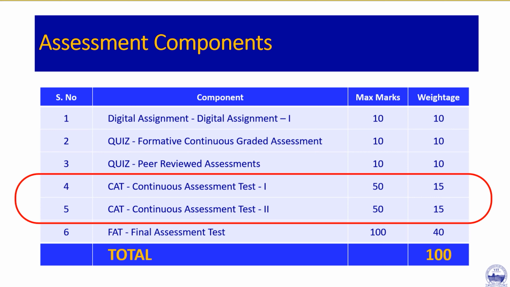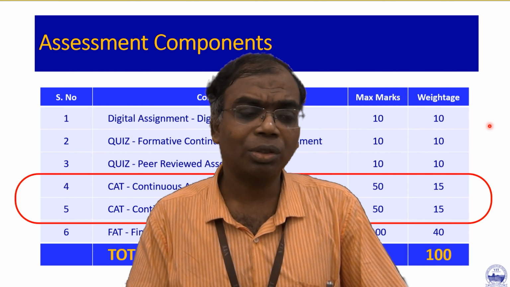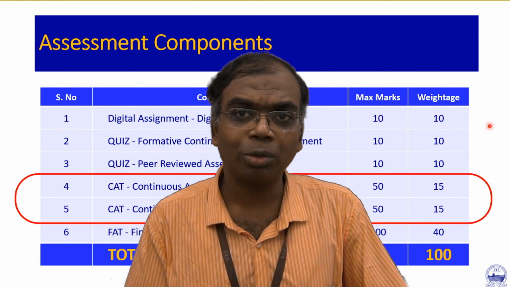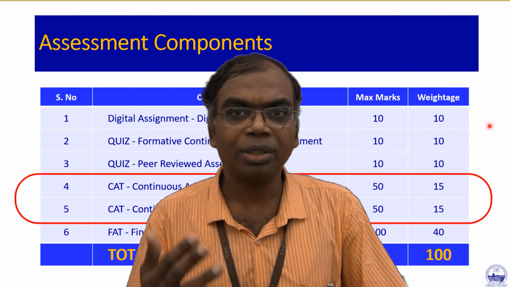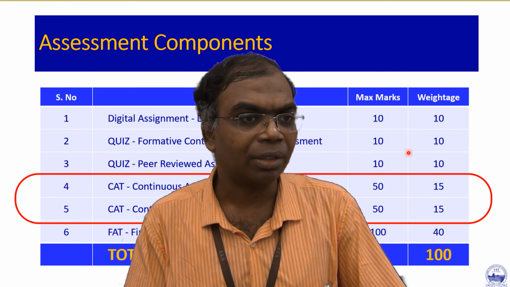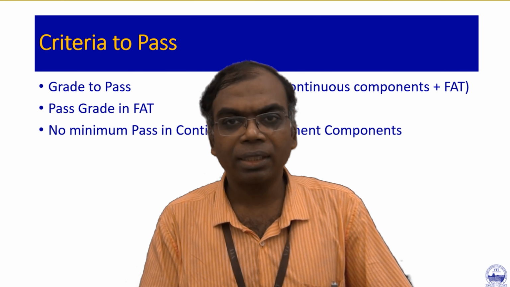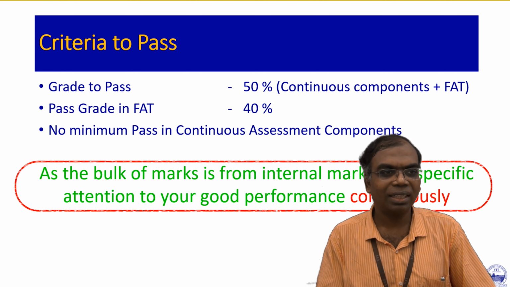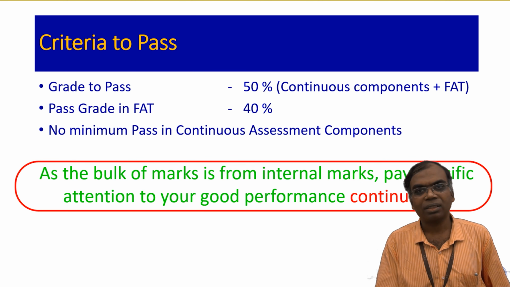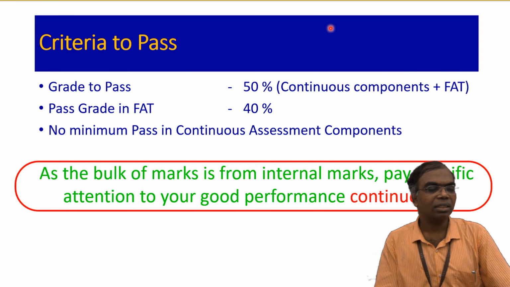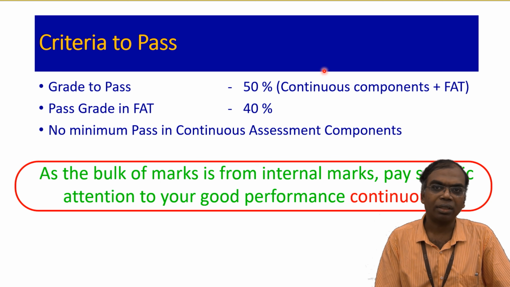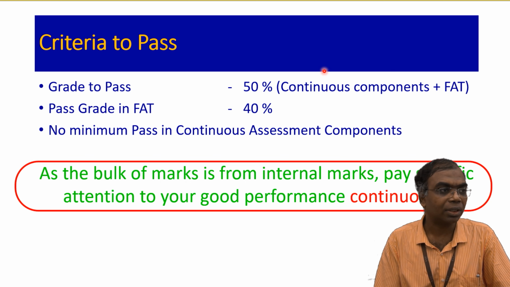Okay. Moving on, the digital assignment is again another component where you can get 10 marks. So the rubric will be very clear. The rubric will tell you what my expectation is, and hopefully you'll be able to answer it very quickly. So in conclusion, you'll find that the grade to pass, 50%, comes from the continuous assessment. That is, you should have 50% in total. Your total should come to 50%.